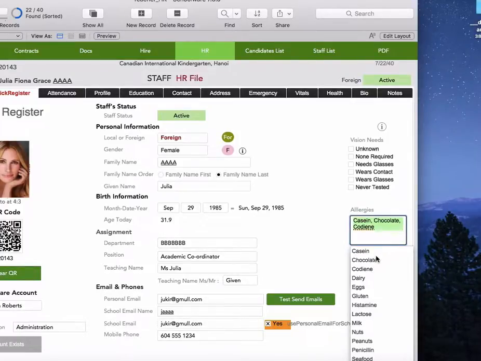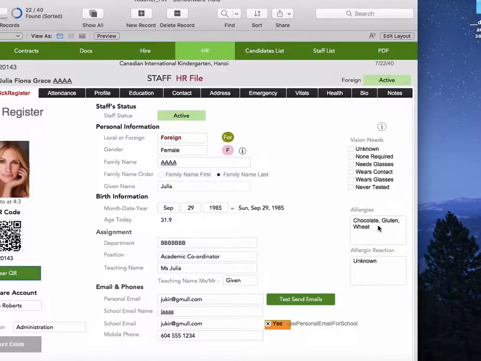Or if we want, for example, to have chocolate and gluten, we just hold the Command key or Control key on Windows, make the selections, press the Enter key, and it will put multiple choices in. And you see this quite often throughout the